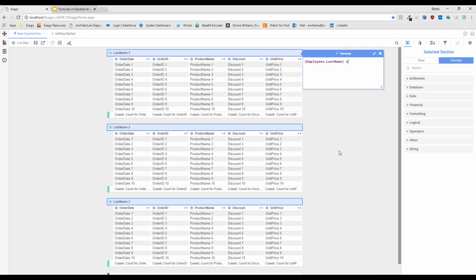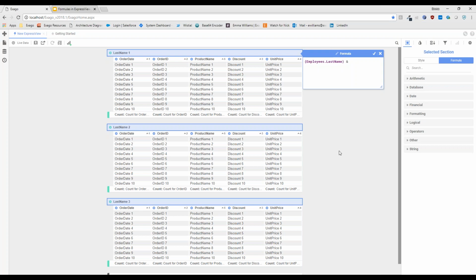Now, best practice is going to dictate that I account for any spacing I'd like to see here. But to really illustrate what I mean by that, I'm going to do it without accounting for that first. Then we're going to come back in and fix this so it looks a little bit better. So maybe the first time I go in to make this formula, I know what I want, right? A good habit to get into is saying out loud what you're looking for out of a formula before you actually write it down or attempt to create it in Exago.